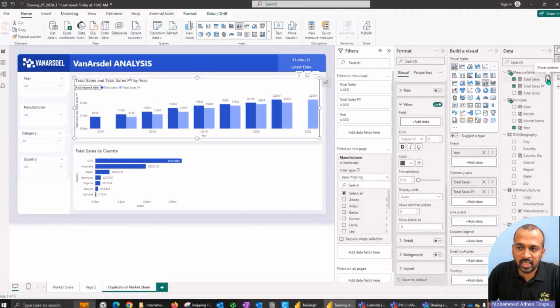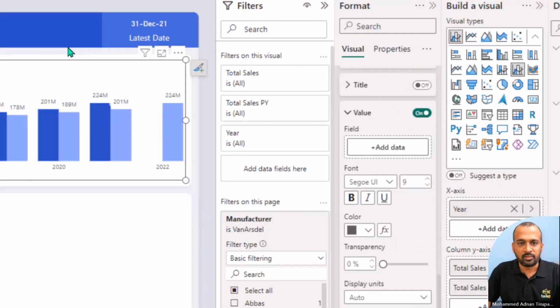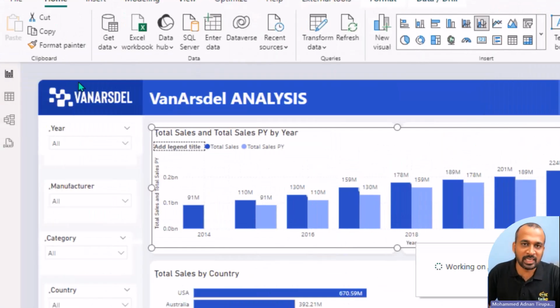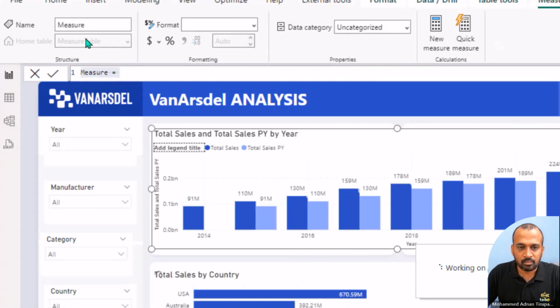So for this, we need to make another DAX calculation. So clicking here on the new DAX measure, we need to use it as growth percentage. It can be positive or it can be negative. But as per the things which we are seeing in the data here, everything looks positive. But we'll see. So here I would like to give it a name as